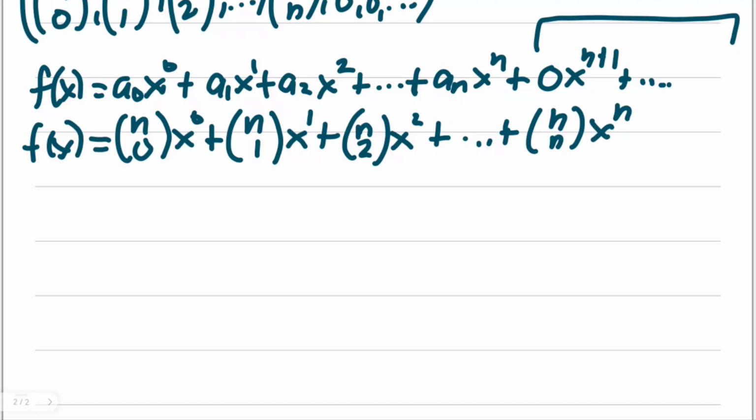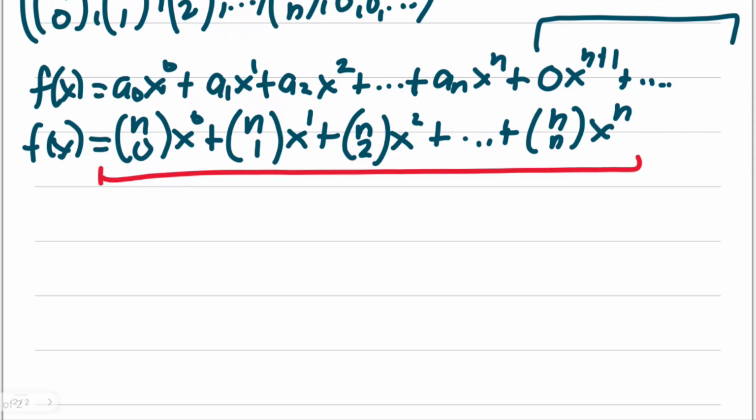Actually, if you can still remember, these are specific terms of our binomial expansion, where this is taken into account as the summation of n combination r, and you will have x to the power of r, right? Because we don't have the first items here, so x to the power of r, and as r starts from 0 to n, that's why you reach n over n, and then you will have x to the power of n.